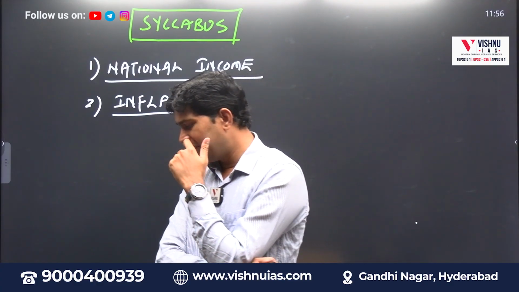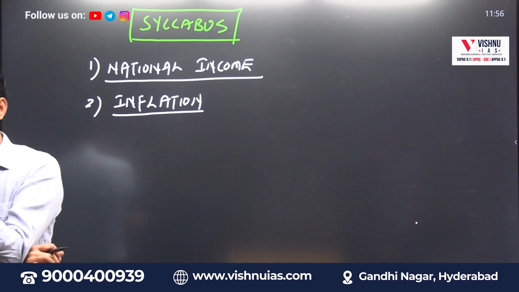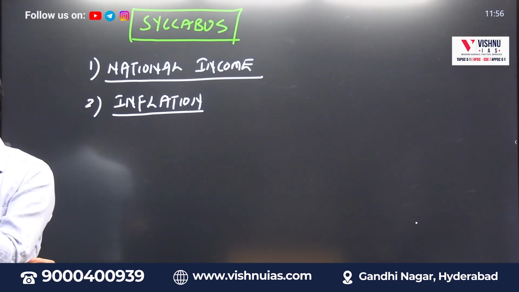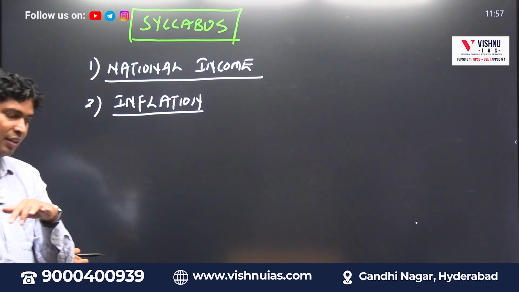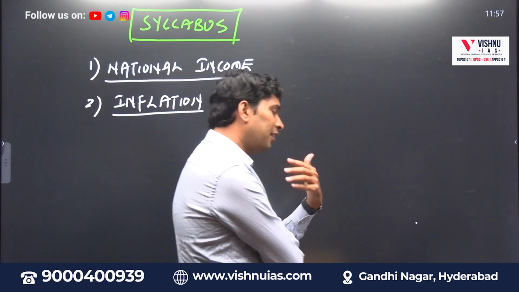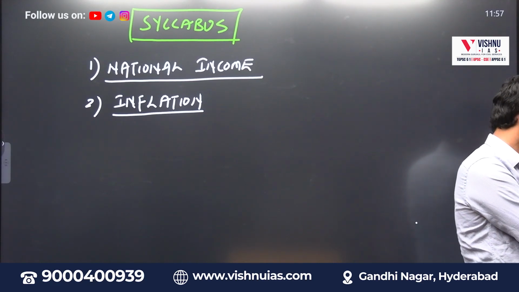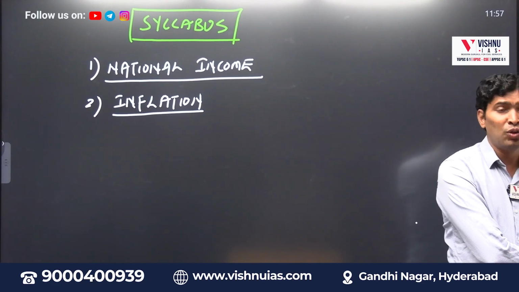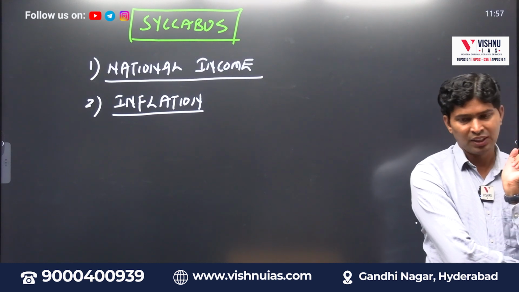So types of inflation, causes of inflation, what measures are taken by the government, what measures are taken by the central bank. What factors are influencing? Supply side factors, demand side factors, or what was the better way to deal with it? From the mains perspective, what are the differences between wholesale price index and consumer price index? It's a previous year main theme.